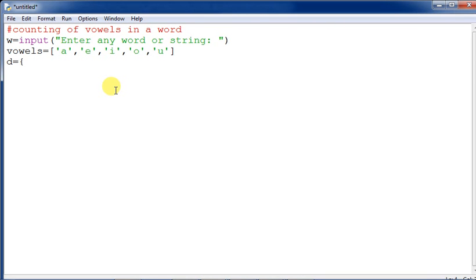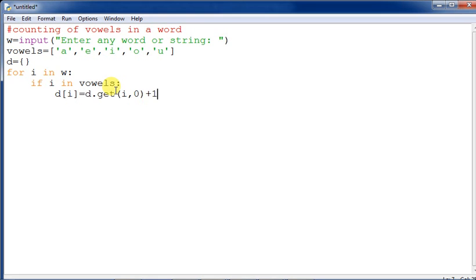D, again we have taken one separate dictionary. Now for I in W, this is the main loop. Then we are creating the dictionary: if I in vowels. The membership operator has immense importance in Python programming. If I in vowels, if it is there, in that case you need to fill D. This is a very good style of programming, you can learn it. D of I equals D dot get, this is the get actually, getting the key. So I comma 0, again the same thing has to be given, plus 1.